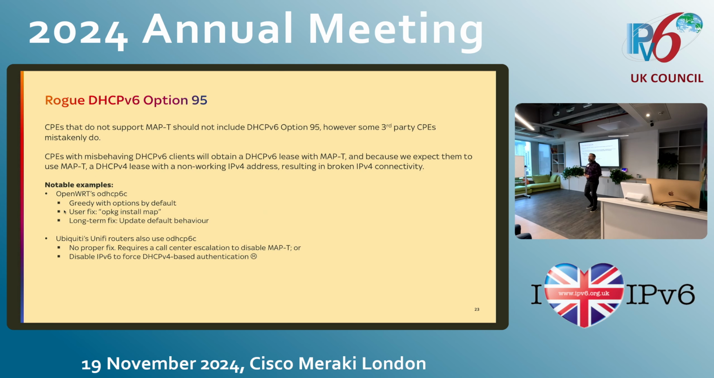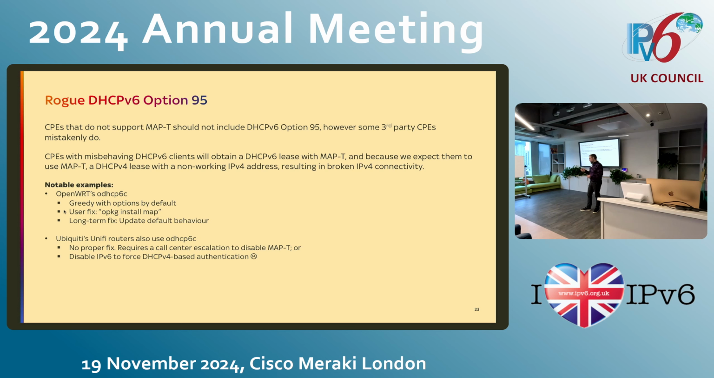However, during trials, we identified there are a bunch of third-party devices out there that don't support MAP-T, but still ask for MAP-T. So they still include the option, which is suboptimal. The main culprit for this is OpenWRT's DHCP-v6 client. The good thing is that OpenWRT does support MAP-T, it's just the MAP package isn't installed by default. So thankfully, users can update packages and install the map package over v6 only, so they can do that and fix their v4 connectivity. Long-term fix, there's some PRs in there trying to get the OpenWRT maintainers to change the